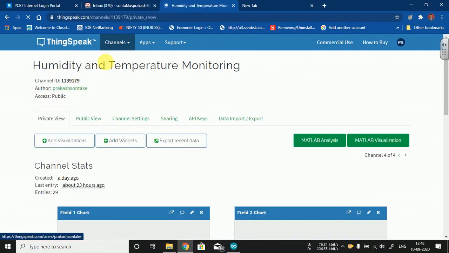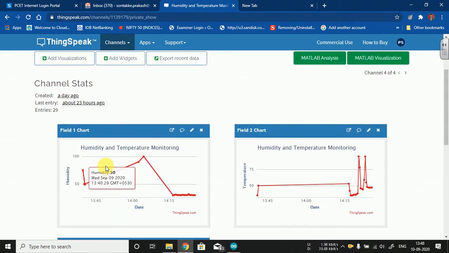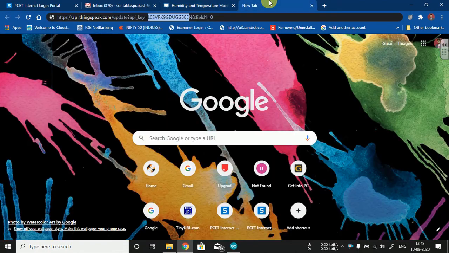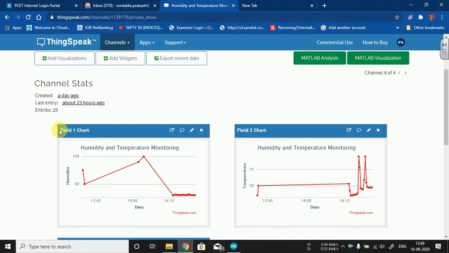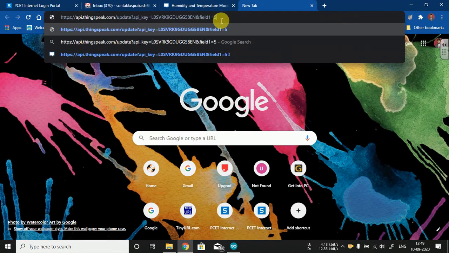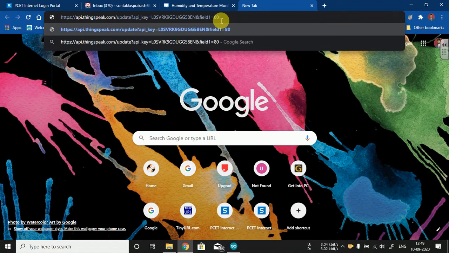If I am clicking on a private view or public view, the humidity and temperature values, now see, these are the real-time values, all will be writing onto the cloud, uploading onto the cloud. So that is why I am using this API write key. So what I need to upload? I need to upload the value, any value, suppose here 50 for field 1. What is your field 1? Your field 1 is nothing but, so this is a chart of your field 1. Okay, so field 1 is nothing but related to the humidity. Okay, suppose the value is increasing to 80% of humidity.